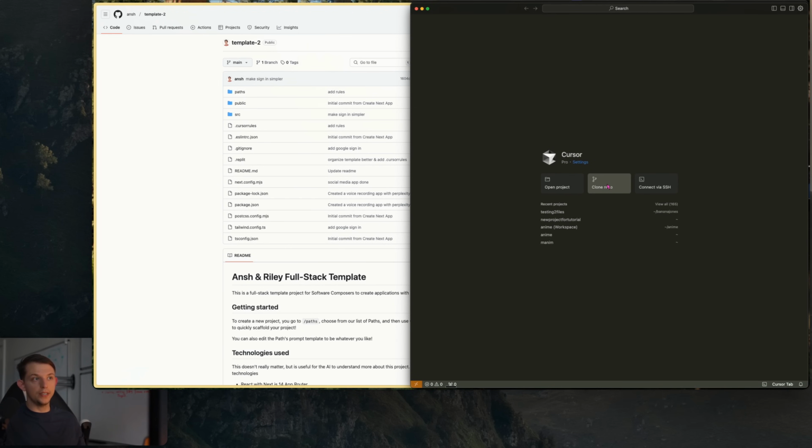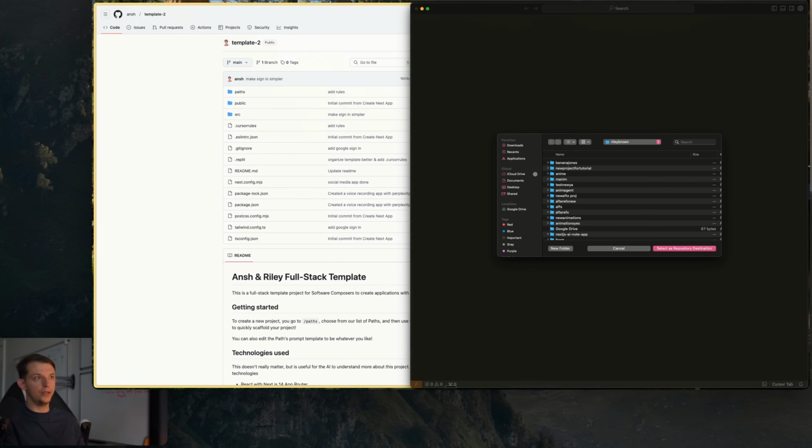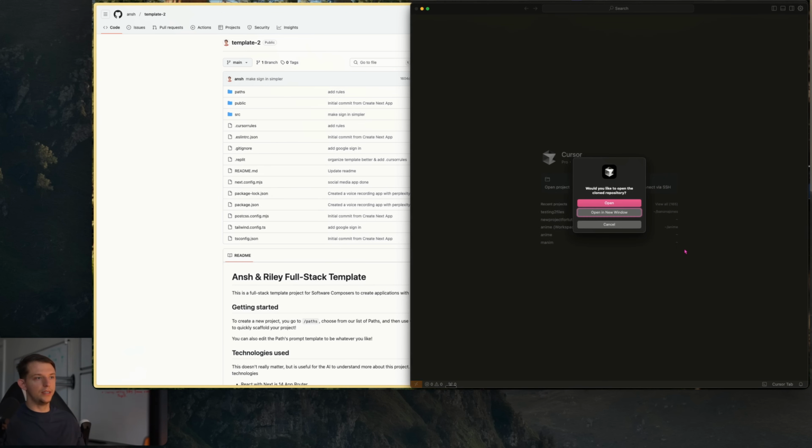And you'll notice how much bigger the code base is. There's going to be a lot more files. We're going to hit clone repo. We're going to paste this. We're going to press enter. And what we're going to do is I'm just going to press select repository destination,